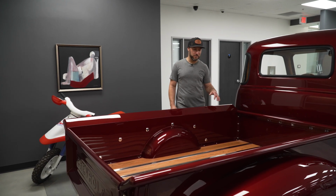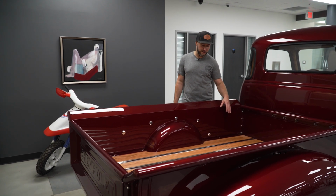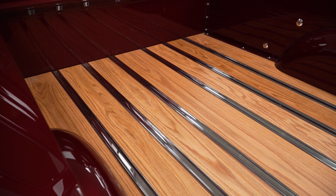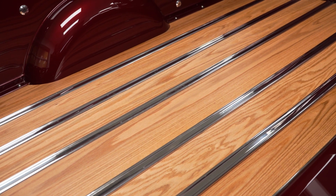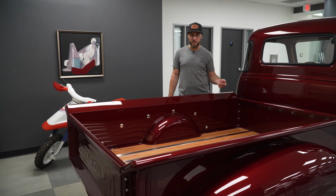Some of the notable features about the bed on this is the aluminum bedwood. This is actually an aluminum extrusion that has a graphic or sticker on it with a textured finish, and it looks just like wood, but you have the longevity of the aluminum, and it doesn't shrink, it doesn't expand and contract. And if you ever scratch it, you peel the sticker off, put a new one on there, and it's